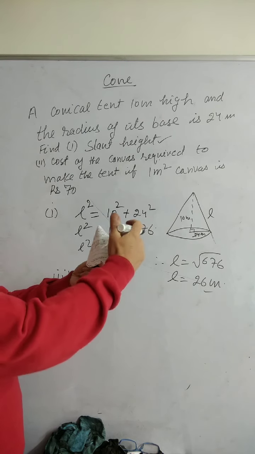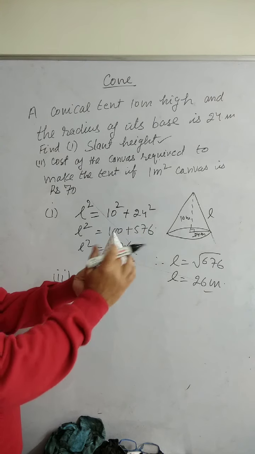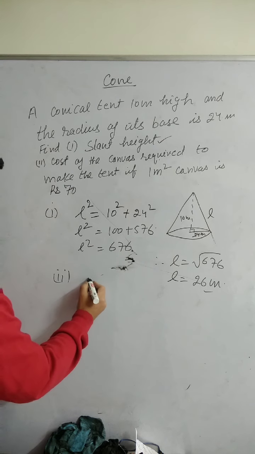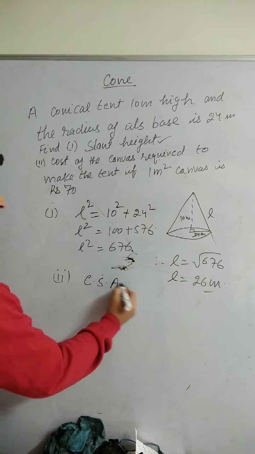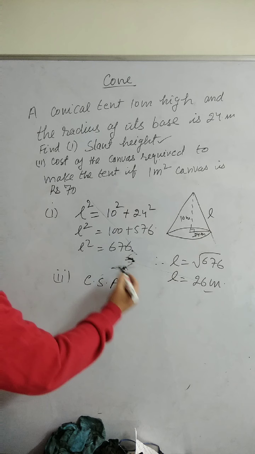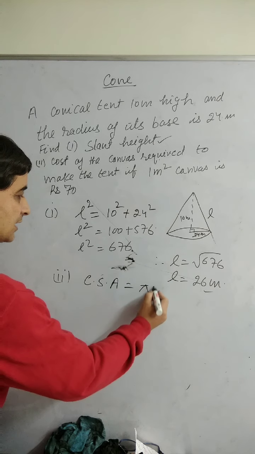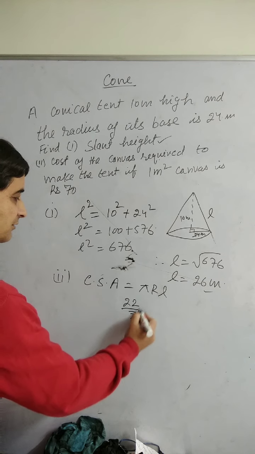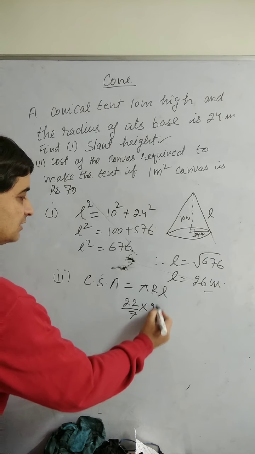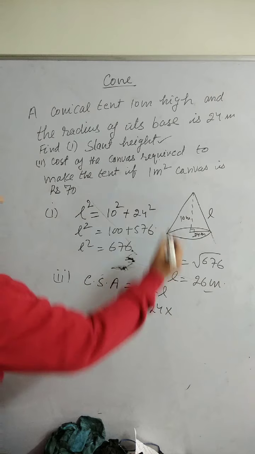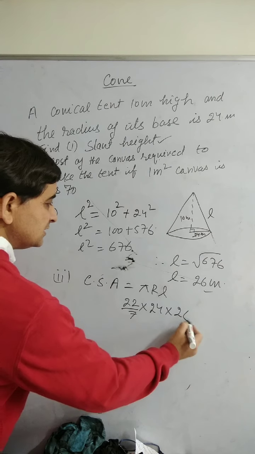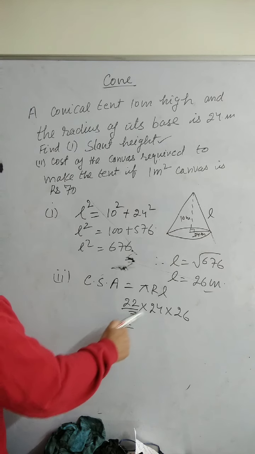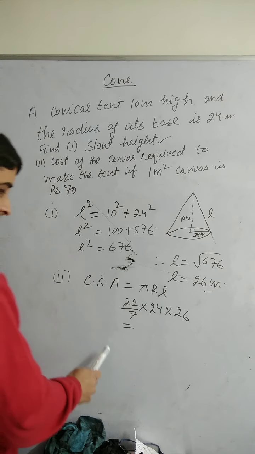This is the area of this tent. You will find the area of this tent, right? So what it will be? It will be curved surface area. You calculate how much will be curved surface area? Pi r into L. So pi is 22 upon 7. Radius is given 24. And L, slant height, is given to you 26. Got it? Now if you calculate, you cannot cancel anything.